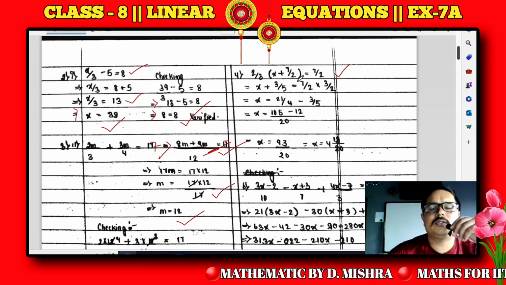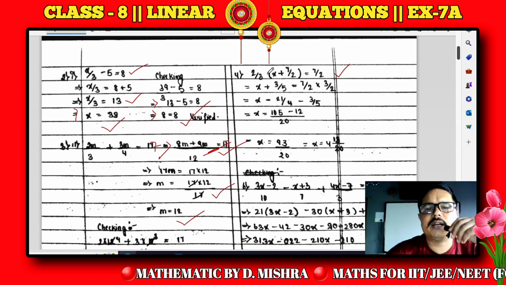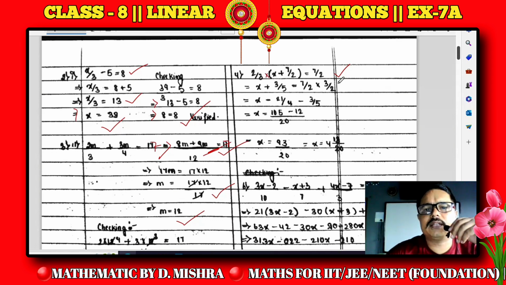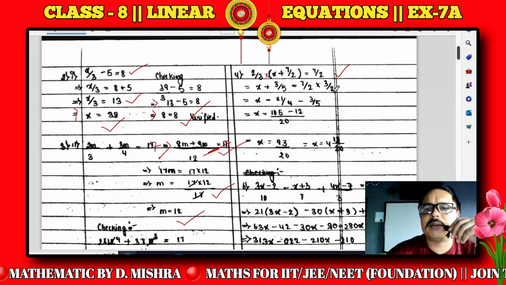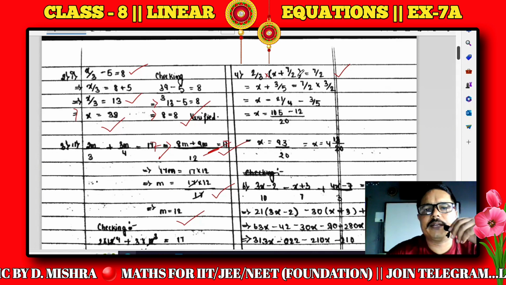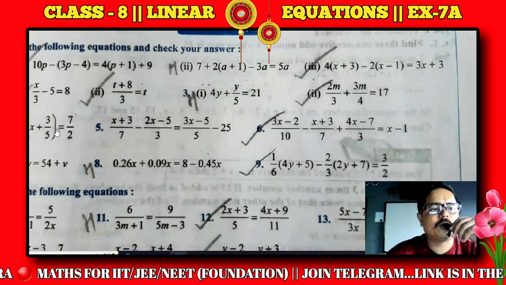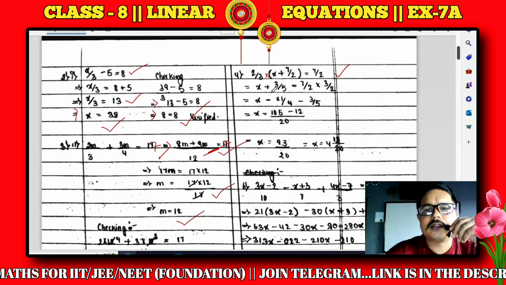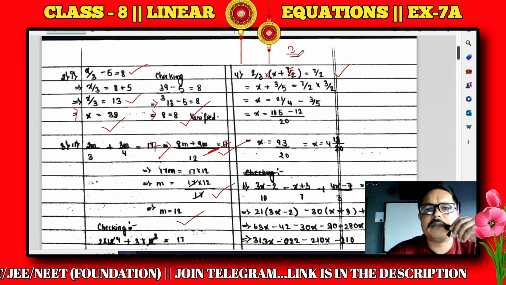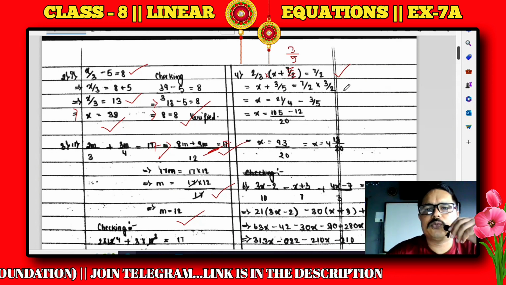So first you can multiply, or you can do this also: this 2 by 3 we will take to the right side, which is in the multiplication form. So when this 2 by 3 will come to the right side, it will become 3 by 2, division will become. So x plus this was what, 7 by 2, right? 7 by 2. Just wait a minute, let me check the question. No, it is 3 by 5 only. So this is 3 by 5. Actually this will be 3 upon 5, not 7 by 2. So x plus 3 by 5 is equal to 7 by 2 into 3 by 2.